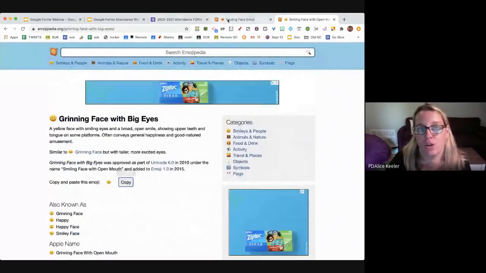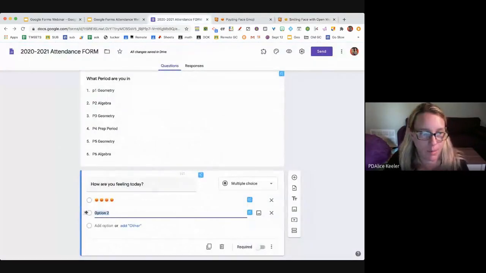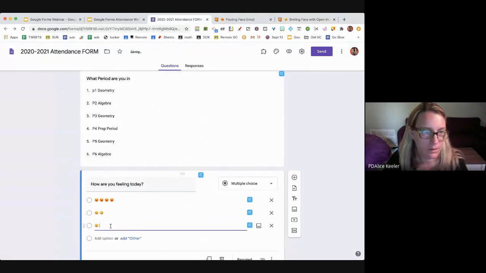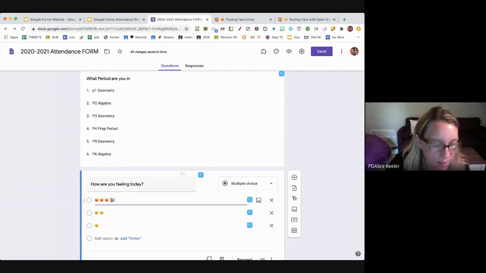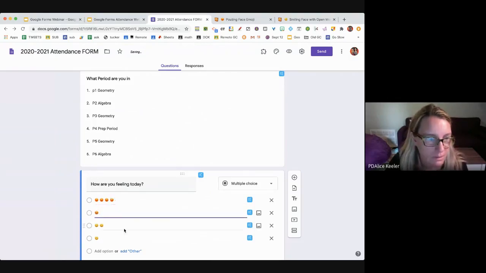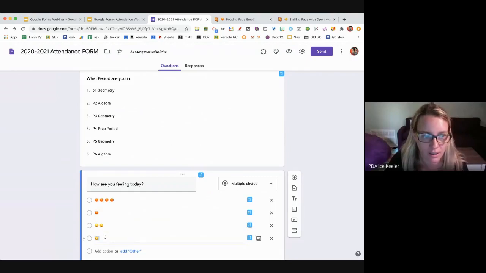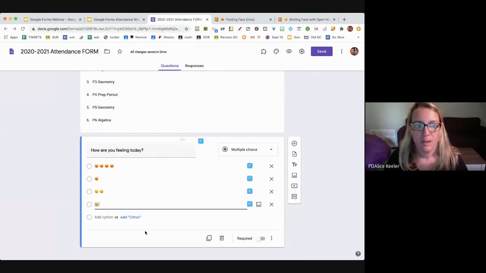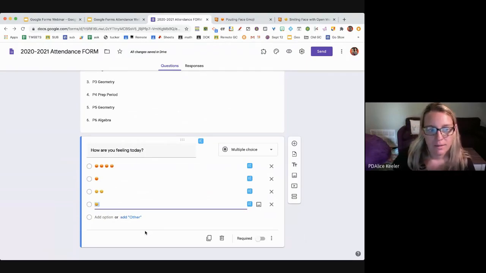I don't care how you get your emojis. There's a lot of ways. And Emojipedia is not the only one. Maybe I just want to have like super mad, kind of mad, really good, pretty good. I don't know, whatever. But just giving you a sense of,